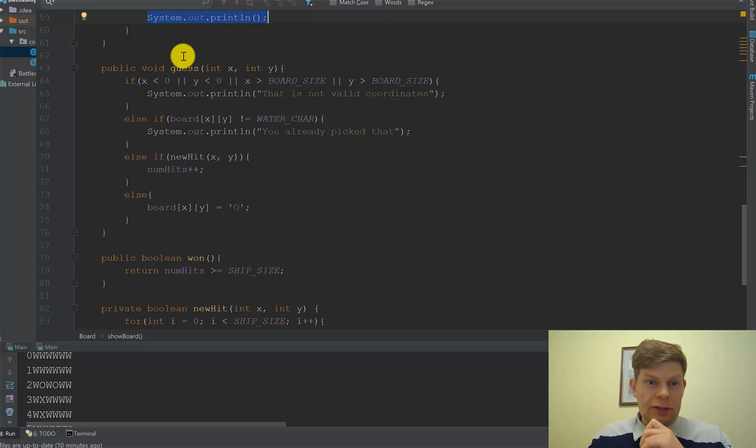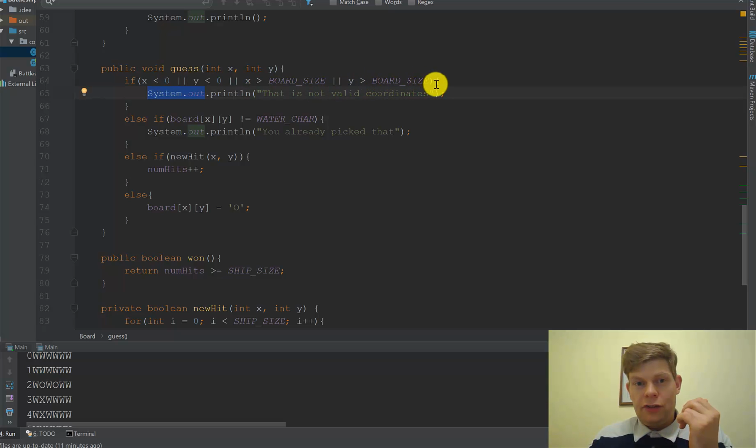And then we also have a method called guess, which basically checks that it's in bounds. If you give it crazy numbers that don't fit on the board, it'll just say that's not valid coordinates and not change anything. If it checks the board at those coordinates and it's not a water character, not an unpicked character, it'll say you've already picked that. Otherwise,